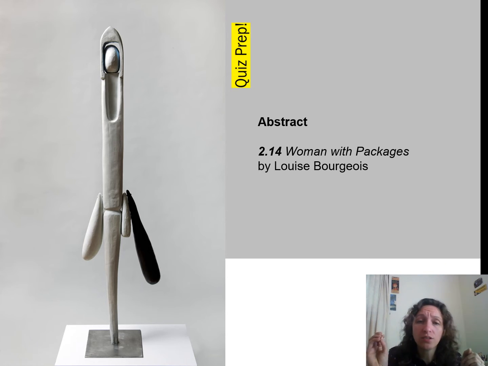But one thing to note about abstraction, which differentiates it from the next thing that we're going to talk about, is the fact that abstraction has source material. This is a woman with packages. We may not have any details or information about this woman or the packages or anything like that, but we know that that is the source material. That's different than